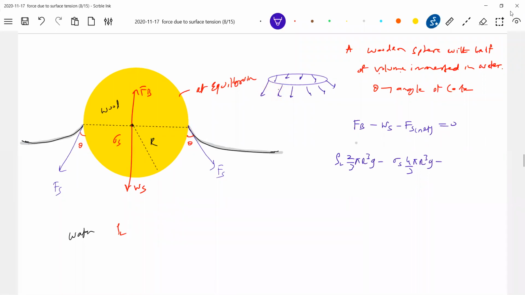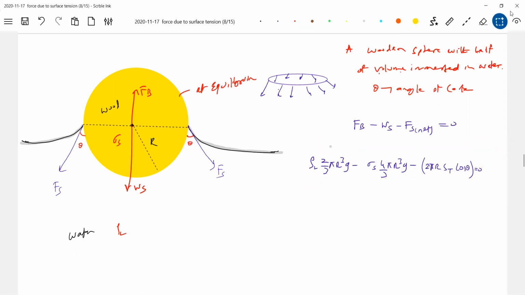So therefore, what should be the force due to surface tension? 2 pi r into surface tension into cos theta. And now this is what you have to digest. If you can learn this, the student really should bring some imagination. What is 2 pi r? Circumference length. Everywhere the force due to surface tension will be acting here like this. So if you go around like this, it will come.